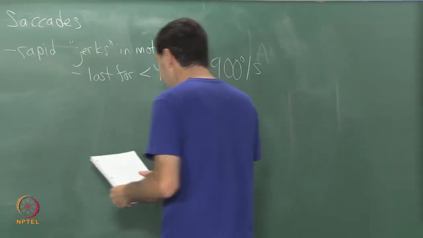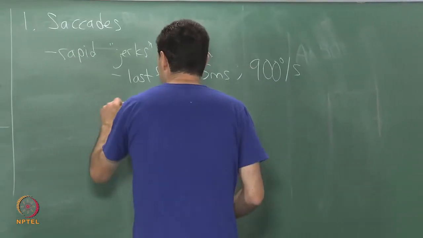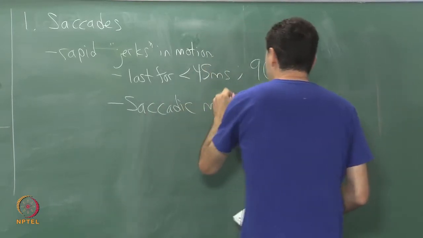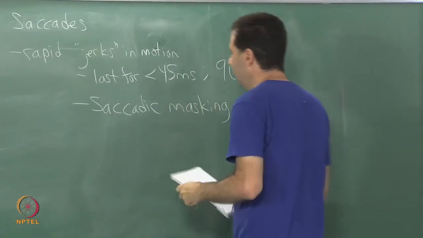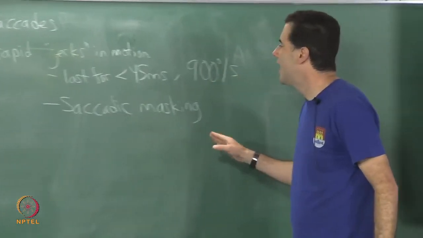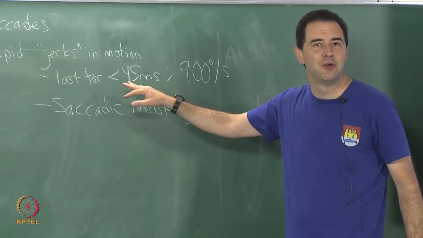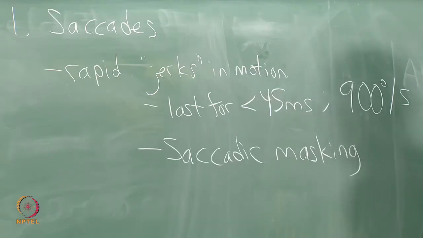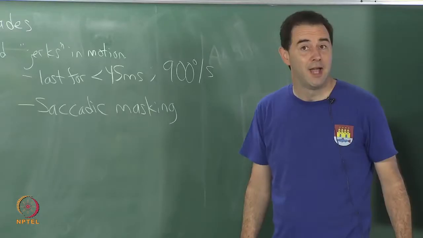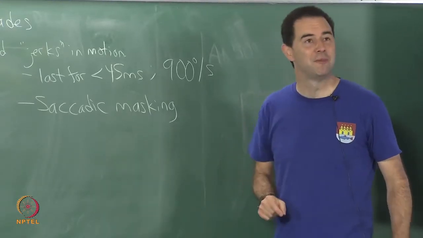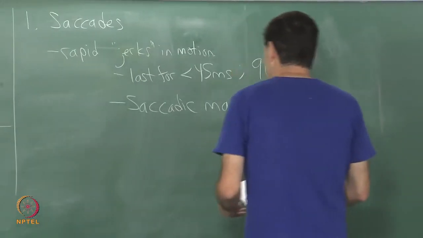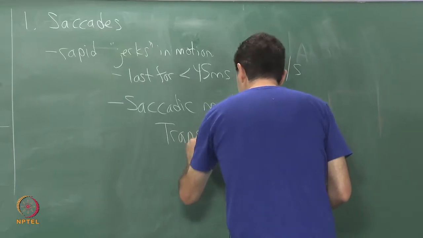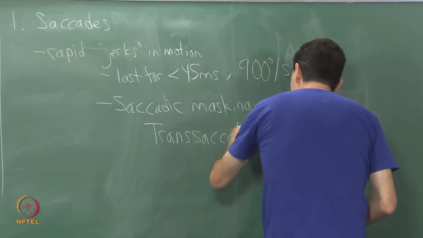There's a fascinating thing that happens here, which is there's a saccadic masking. Which is that the brain is actually hiding these jerk intervals from your memory or from your perception. So even though these jerky eye motions are happening, you don't perceive them at all. And even your perception of time is somewhat altered from them. So because of this, you have what's called trans-saccadic memory,